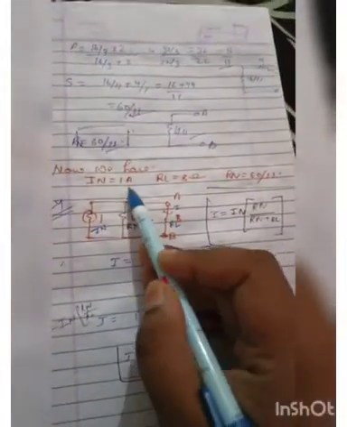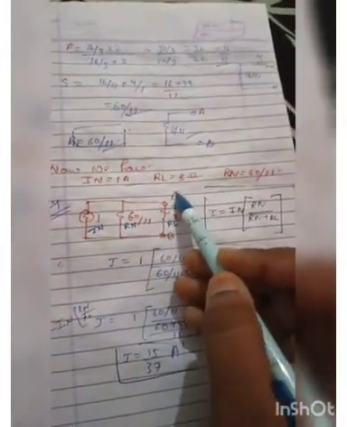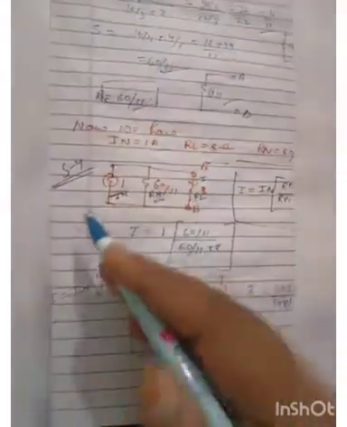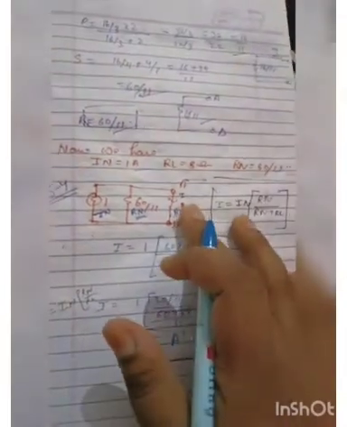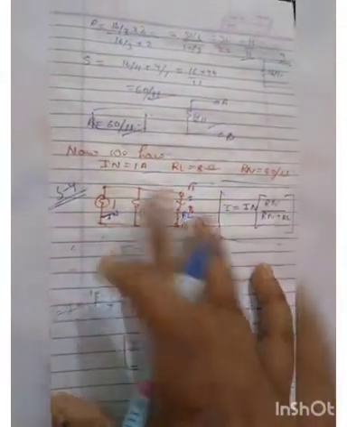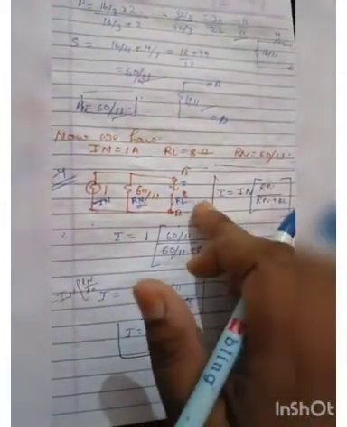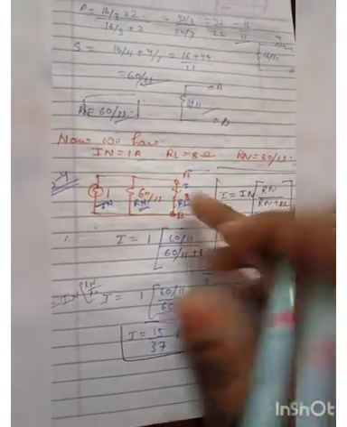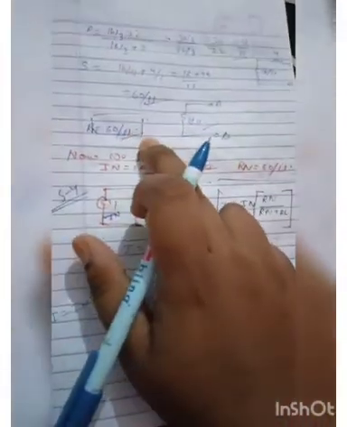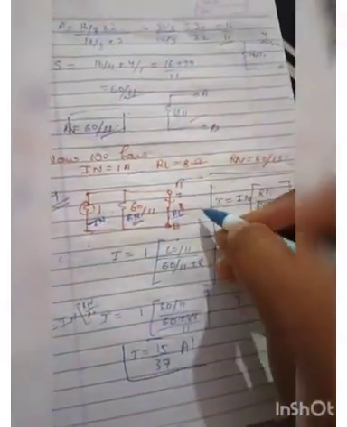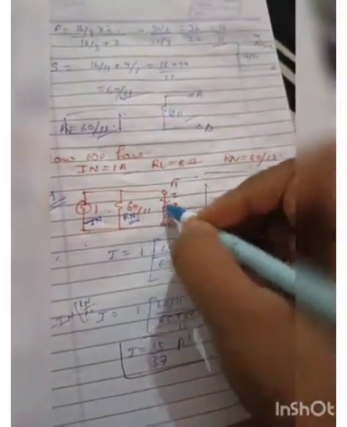Now we have IN is equal to 1 ampere, RL, our load resistance, is 8 ohm, and Rn we get is 60 by 11. The fourth and final step of the Norton theorem is to make a Norton equivalent circuit. We make a Norton equivalent circuit in which we write IN, Rn and RL. RL is our load resistance, Rn which we found here is 60 by 11, and IN is the value we take from here. Now we put the values in the circuit. IN is equal to 1, RL is equal to 8 and Rn is equal to 60 by 11.